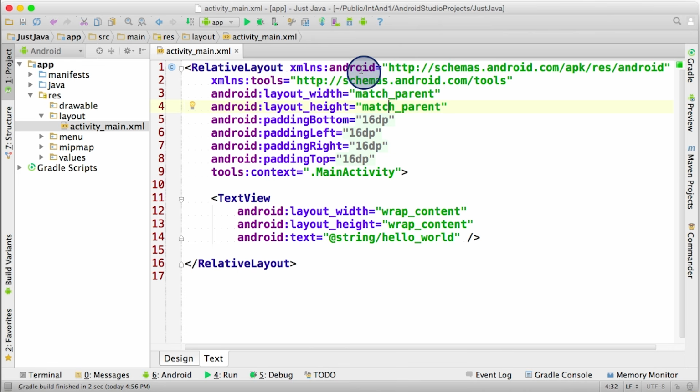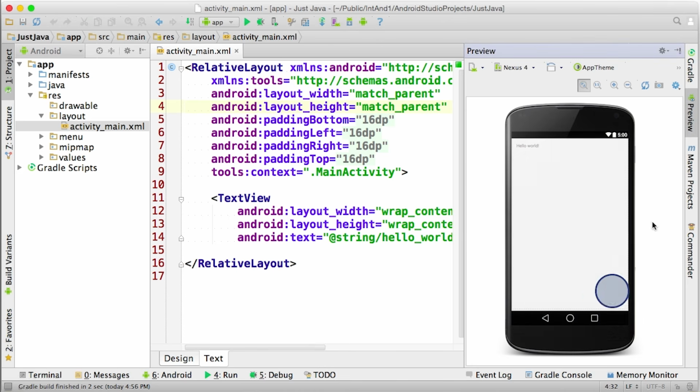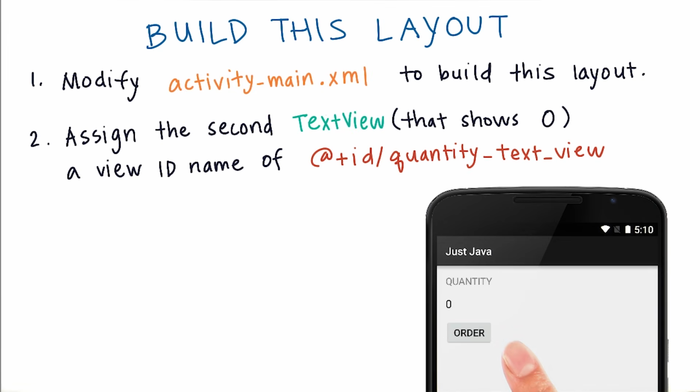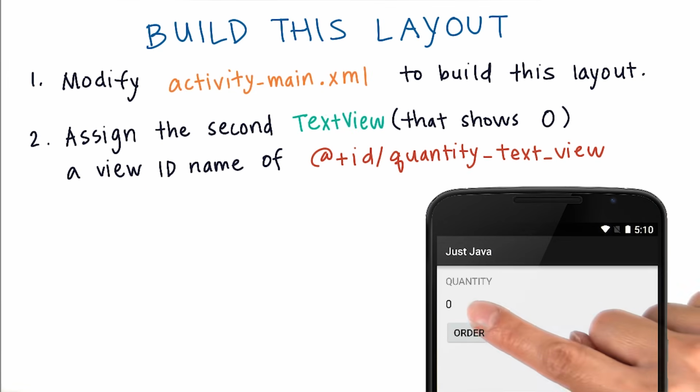If you want a preview of what this code looks like, you can click on the Preview button here. And this shows what it would look like on a device. But this isn't a substitute for running it on your device, so you should always run it on your device periodically. Once you build out this layout, please also assign a view ID name on this second text view here